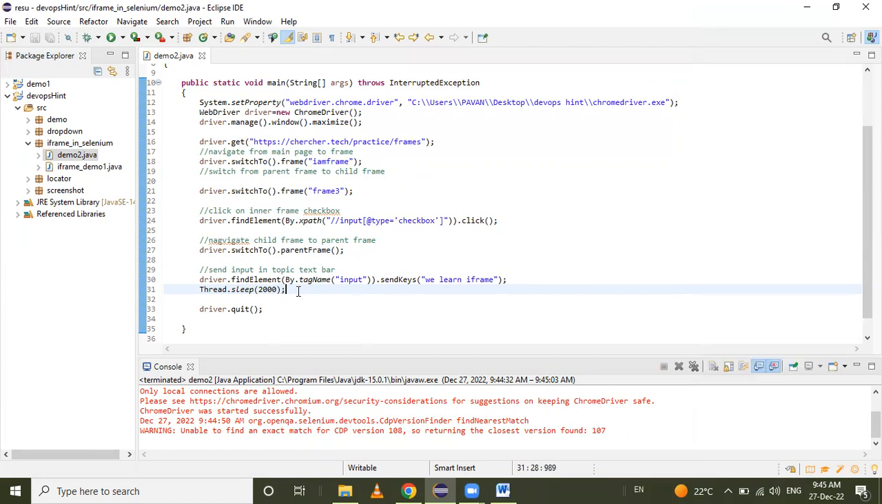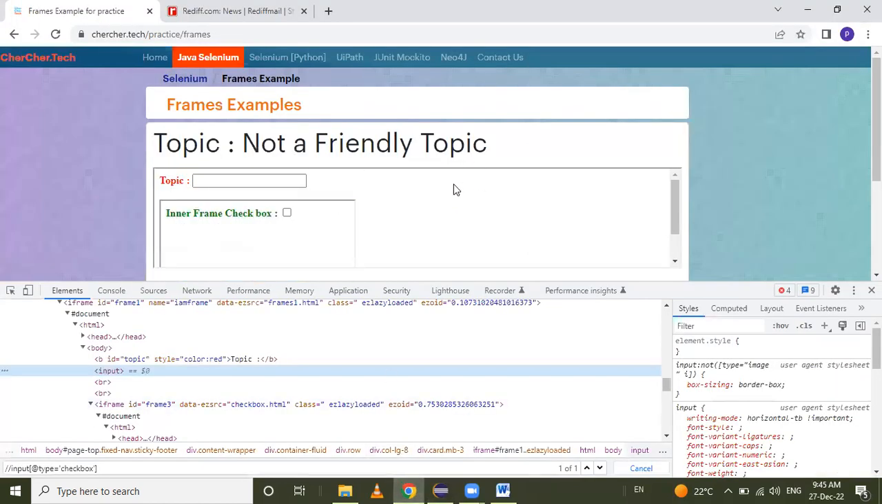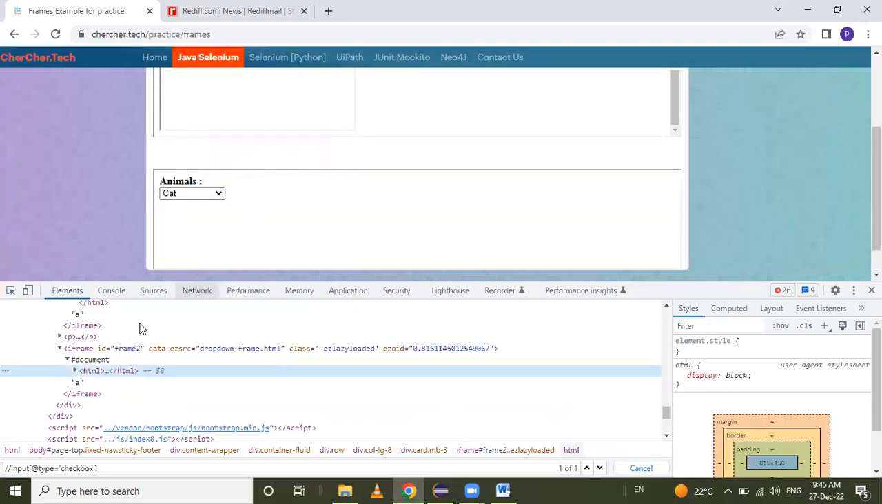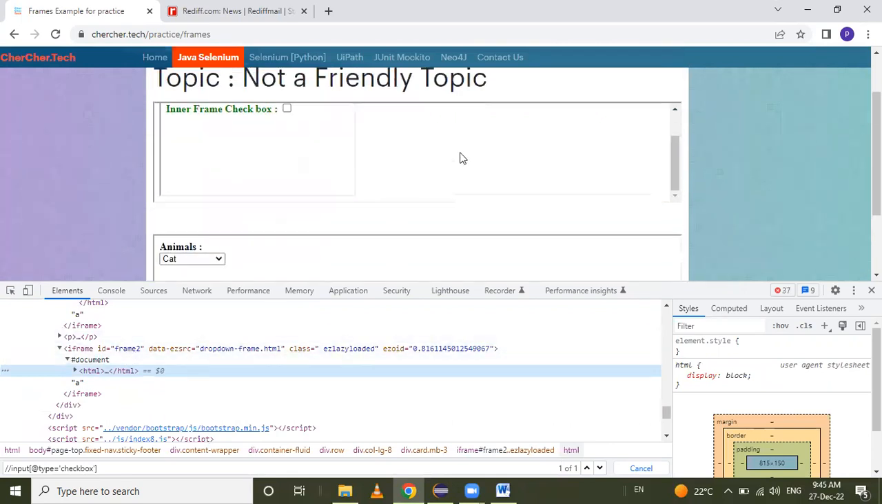Okay, so now I have to move from this frame to this frame. Okay, means this frame 1 and this frame 2. Okay, see here, this is frame 2. Okay, so what we have to do here? We have to do firstly switch from this parent frame 1 to main page, after that main page to this frame 2. Okay, so